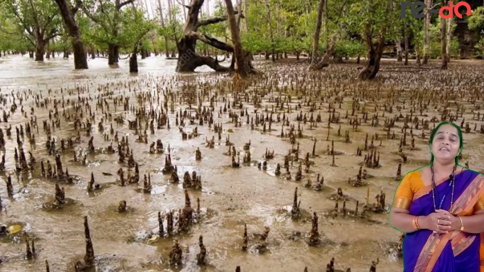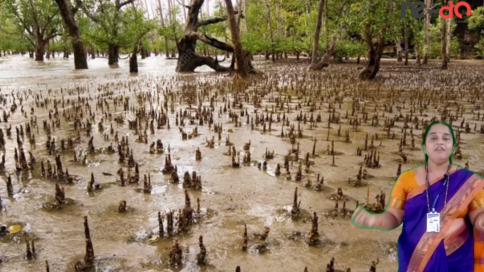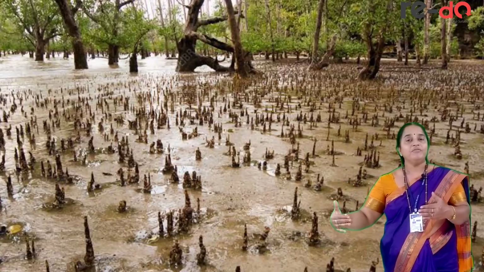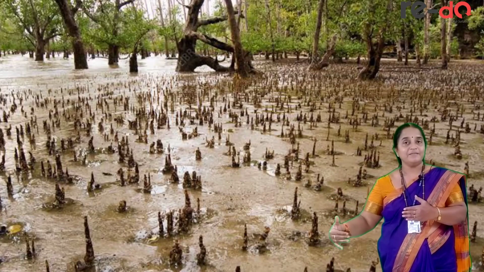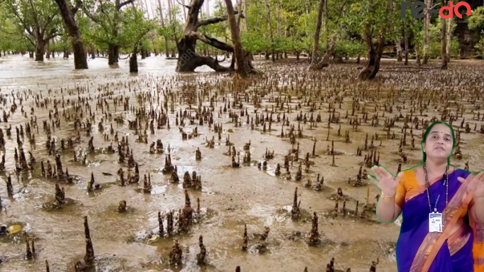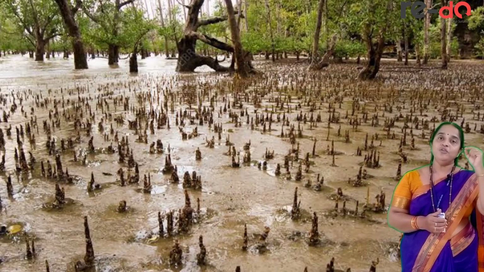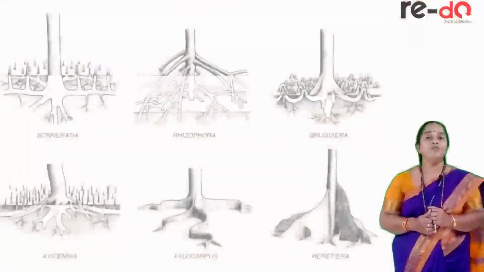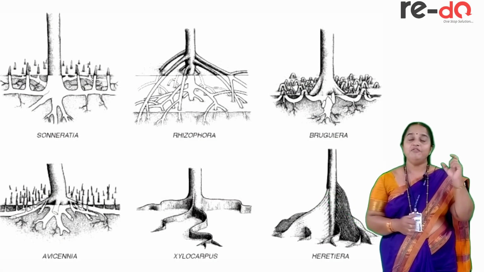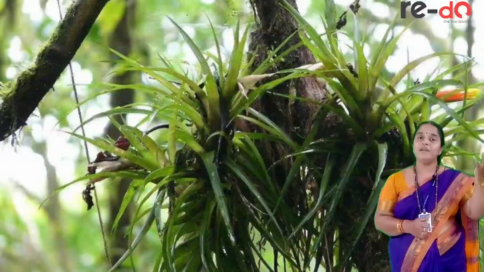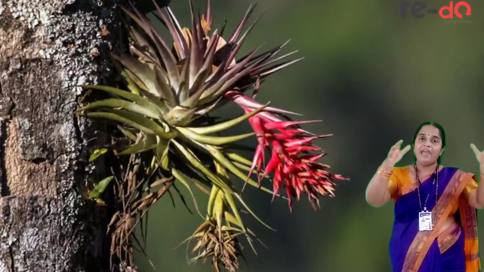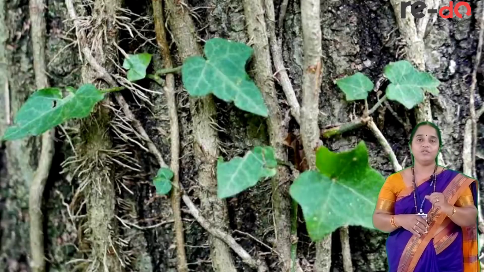Rhizophora and Avicennia are the examples. They will produce aerial roots because there is a lack of dissolved oxygen there. So these aerial roots which grow above the water have minute openings called pneumatophores, which help in gaseous exchange. If you see the epiphytes, the small plants growing on another tree, they take support and have hanging roots called clinging roots.